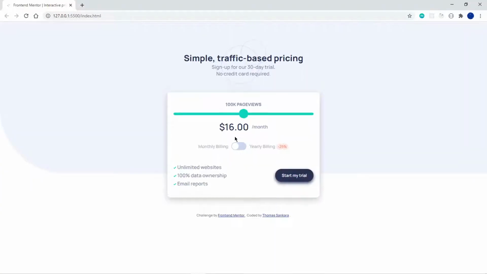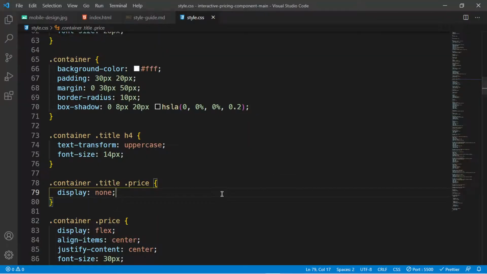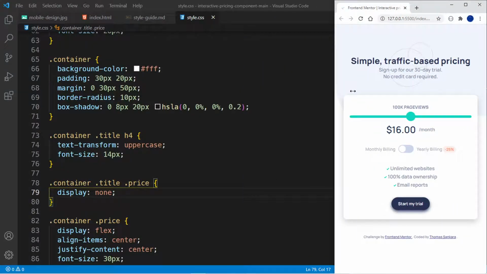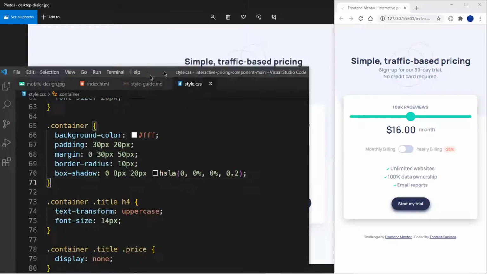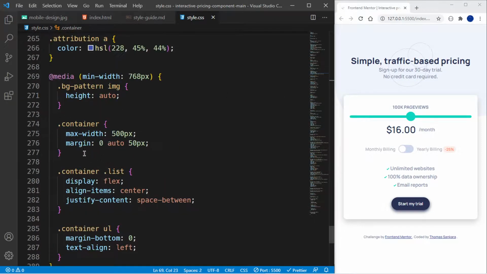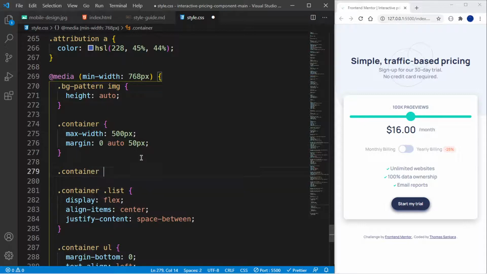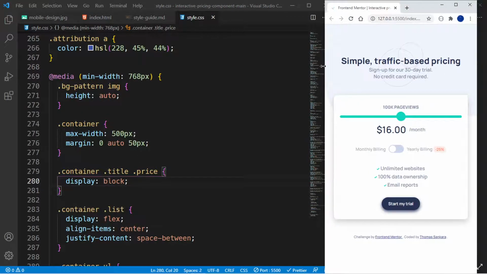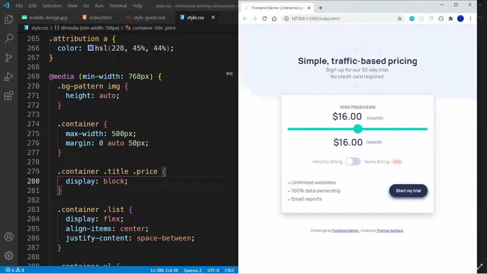like that. And notice that it disappears. It disappears because I'm thinking about this being built mobile first. Then for about 768 pixels, for our media query right here, I'm going to say that for the container, for the title, I want to target the class of price, display block, so that when we get to widths greater than 768 pixels, it should appear